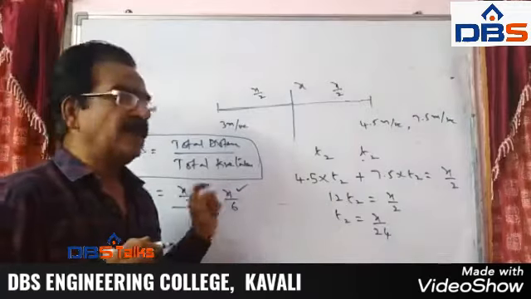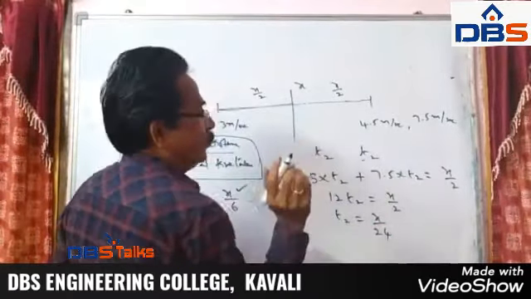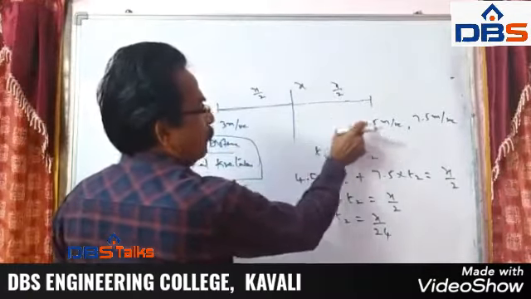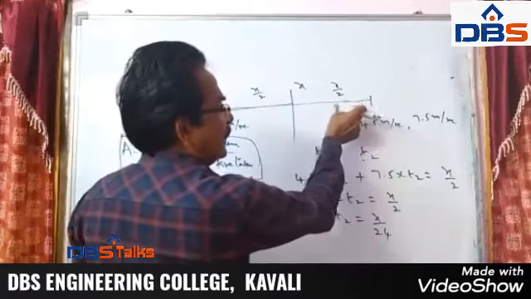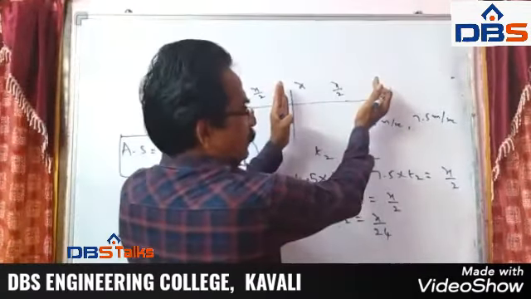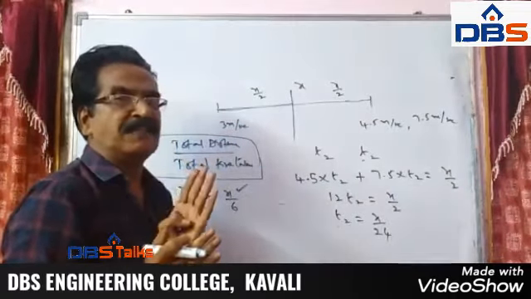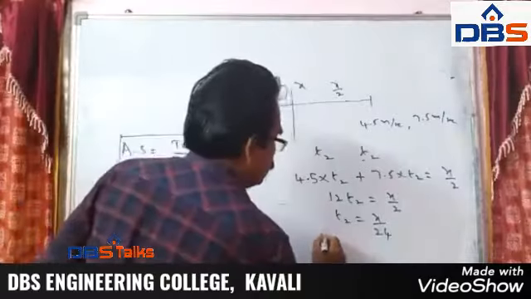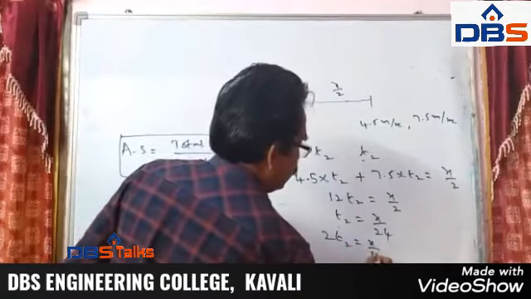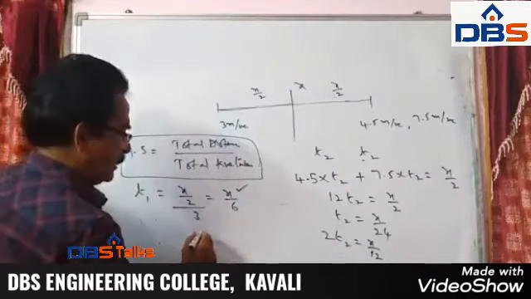So we know T1, and T2 is x by 24. Friends, we want 2 T2, because the total time is one T2 at 4.5 meters per second and another T2 at 7.5 meters per second. So the time taken to travel the second half is equal to 2 T2, so 2 T2 is equal to x by 12. Now let us find the average speed.